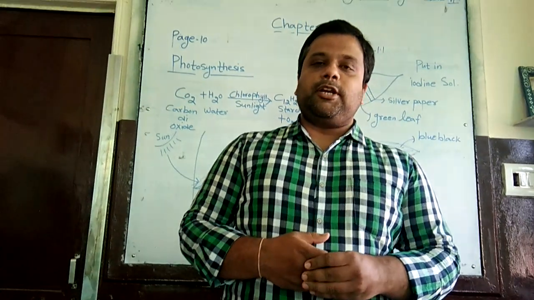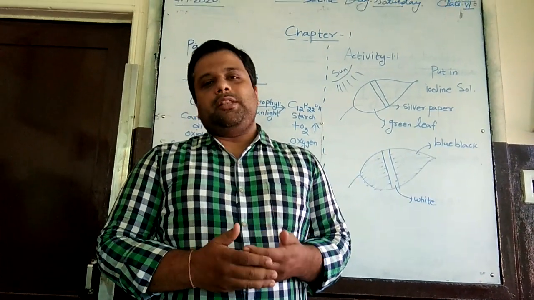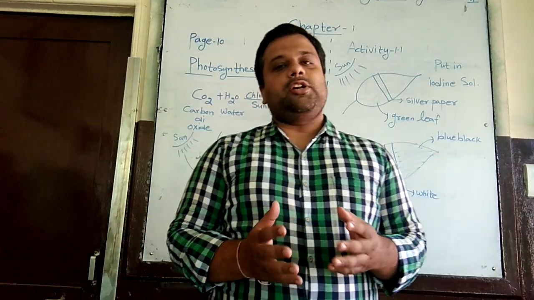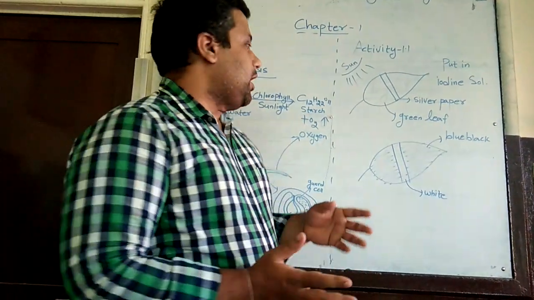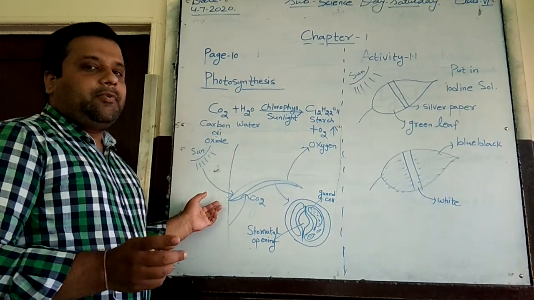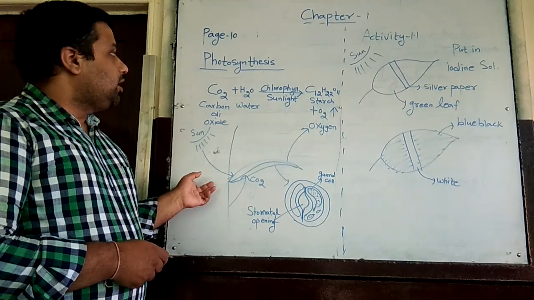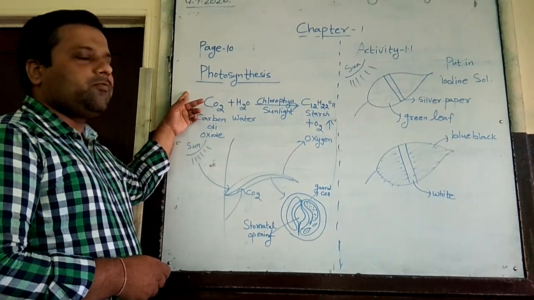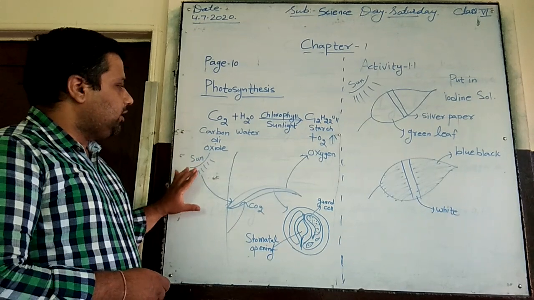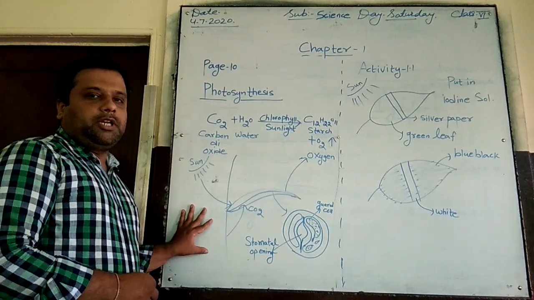Now today's topic is related to nutrition in plants. The topic will remain the same, but here we are going to read interestingly how plants do this photosynthesis process. I discussed the definition in my first session; go through that session. Now I will start with what photosynthesis is all about. Diagrammatically, I will show you how this mechanism is carried out.